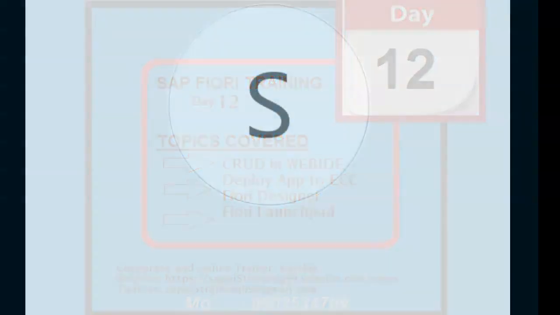So first, let us read this row. Okay, so how can I read the row? Any method is there?